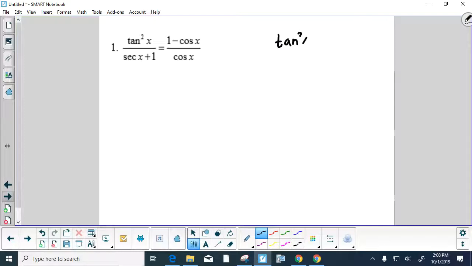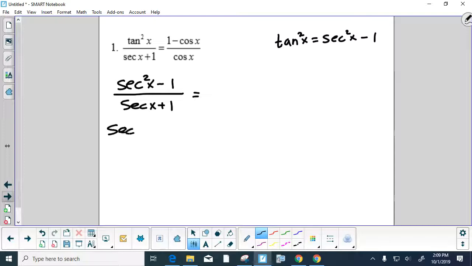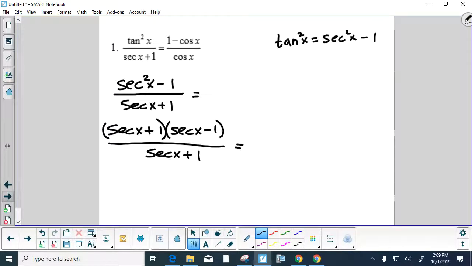Tangent squared x, you're right, is equal to secant squared x minus 1. So I'm going to change the left side here to secant squared x minus 1 over secant x plus 1. I wonder if I could factor. So this is going to be secant x plus 1 times secant x minus 1 over secant x plus 1. Wow, that was kind of handy. Why? These cancel